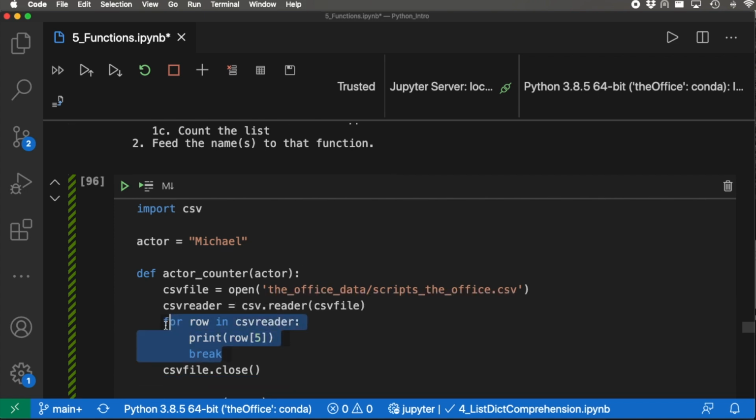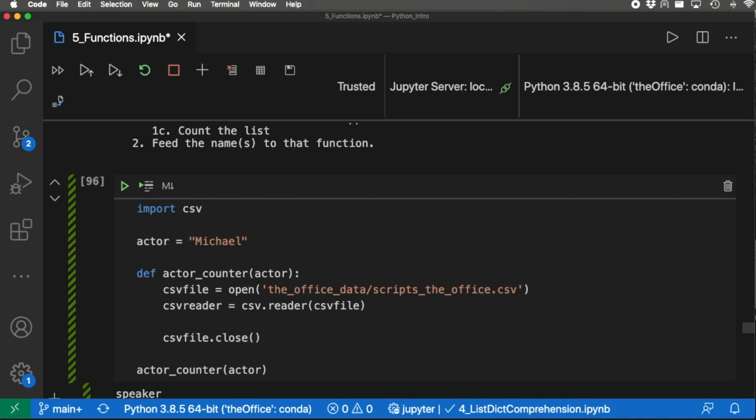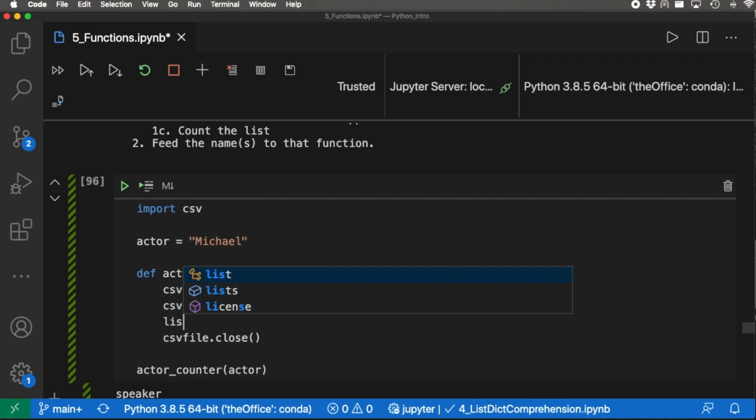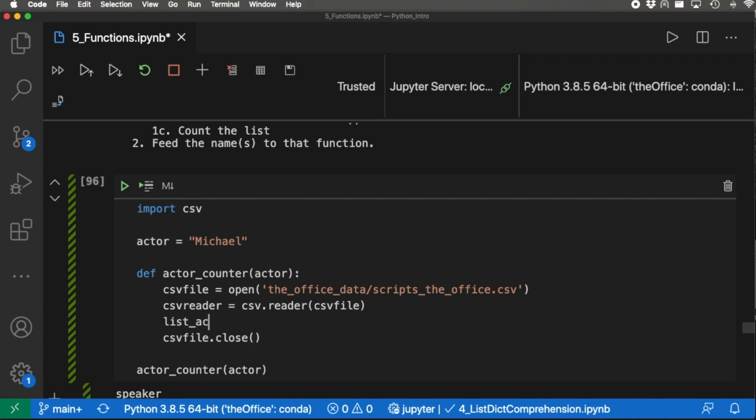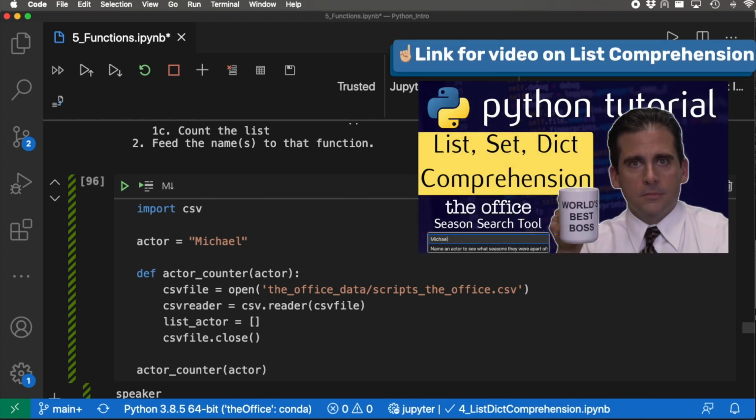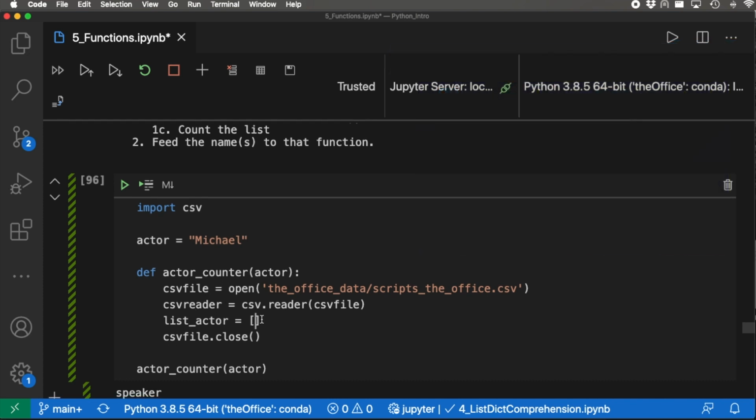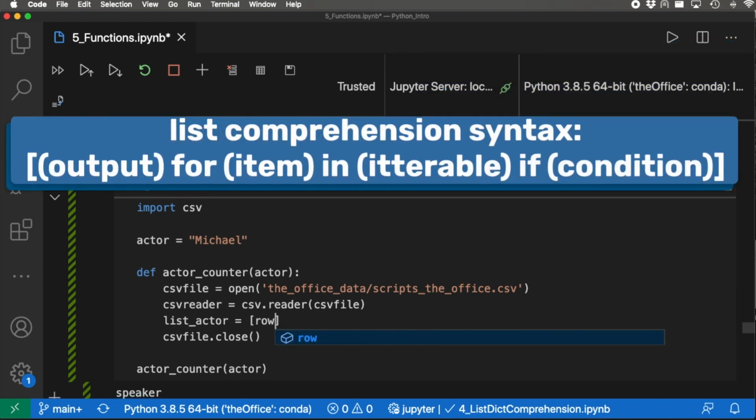So from here, we're going to make the list of actor. And if you're curious about list comprehension and you haven't seen my previous episode, be sure to check that out. We're going to be using list comprehension for this. So what do we want? Remember, we wanted row 5. And remember, we were using that for loop before, so we do the same thing for